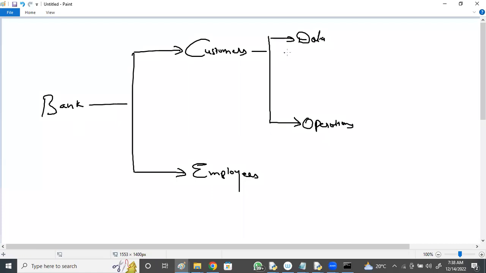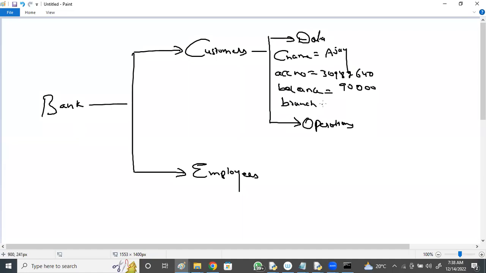Data like customer name, balance 90,000, branch, Hyderabad branch.